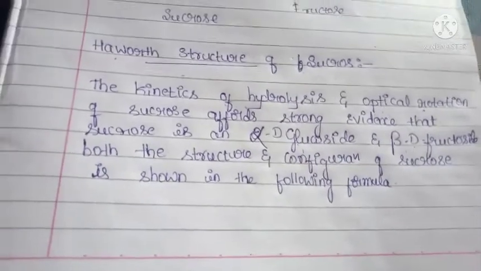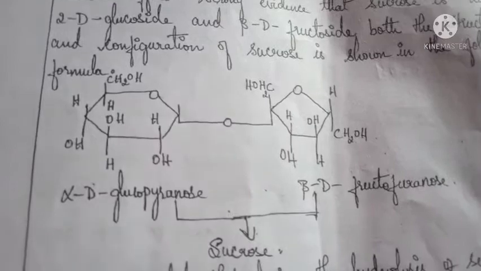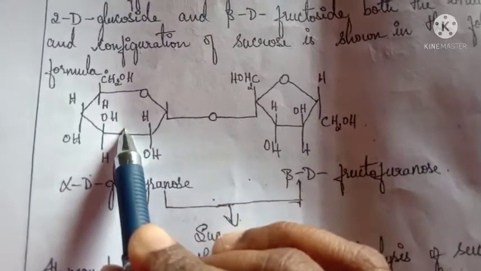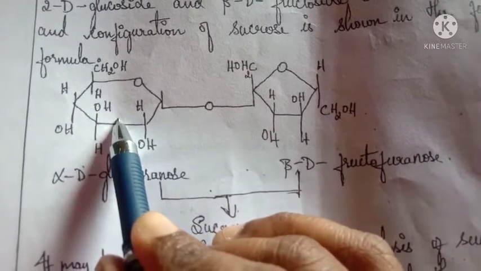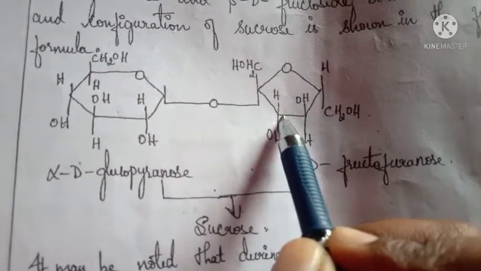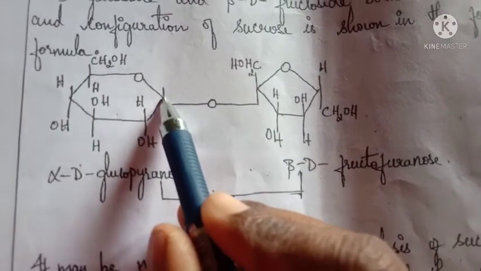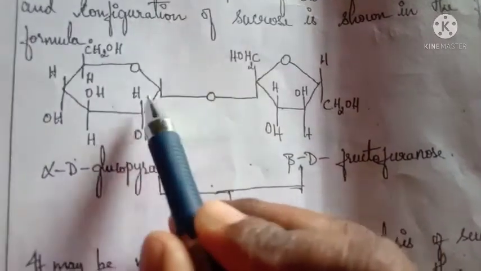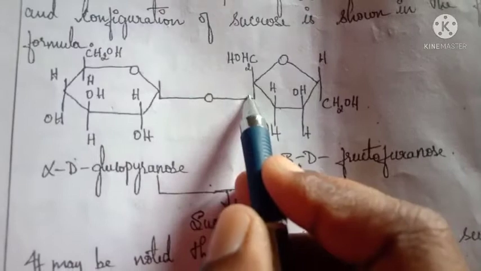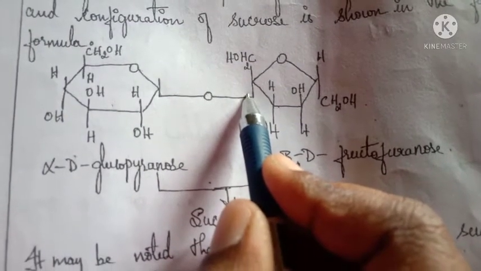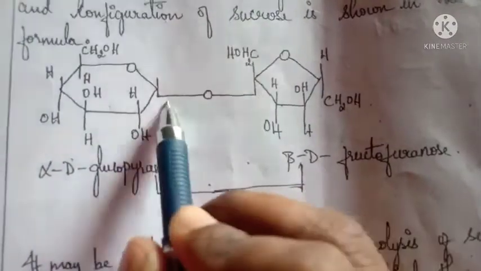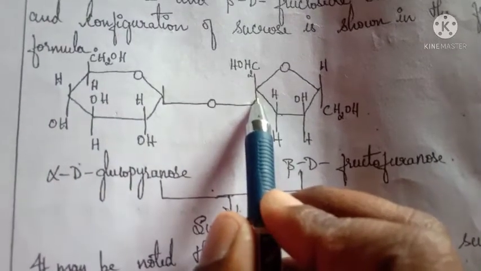Okay, here this is the structure of sucrose, the Haworth structure of sucrose. Here you know that glucose is the pyranose ring, it means a 6-membered ring. Fructose is the furanose ring because a 5-membered ring is there, and in that you have to observe this will be the glycosidic linkage. Here in this carbon atom the CO bond is present in the glucopyranose, and in this carbon atom the C double bond O group is present in the fructose. This will form the glycosidic linkage between the C1 and the C2 carbon atom, C1 of glucose and C2 of fructose.